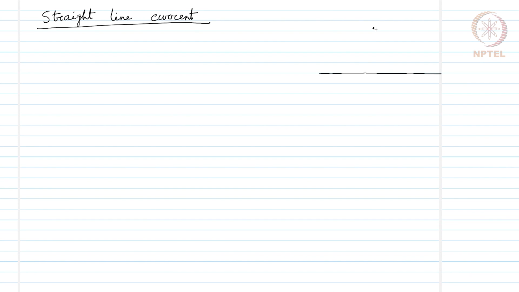So, the magnitude of that magnetic field was mu naught I over twice pi s, where s is this distance